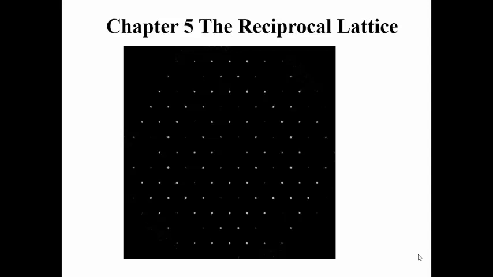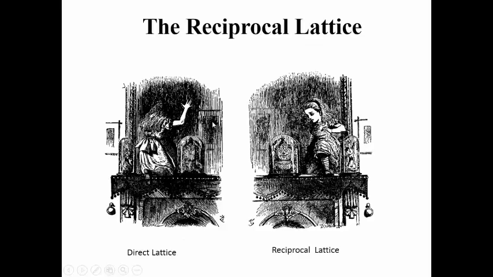Well, it's a lattice, and what we're going to see is that this picture represents a reciprocal lattice, and upon each point of the reciprocal lattice is superimposed the intensity from the crystal. We're going to discuss this in this chapter. So the reciprocal lattice